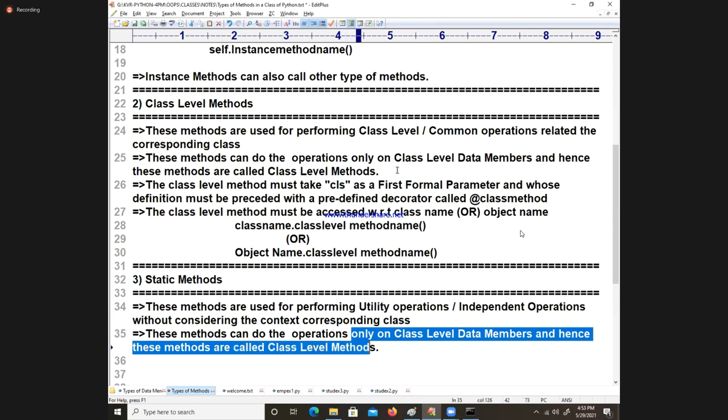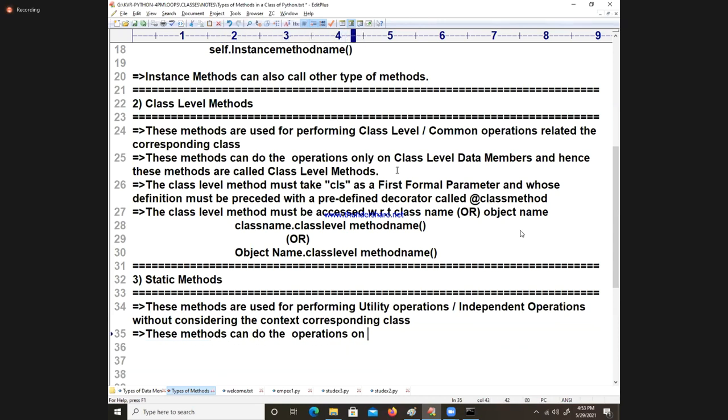This I will also show you. They can do operations on any class object and perform independent operations, and they are called static methods. Perfect.